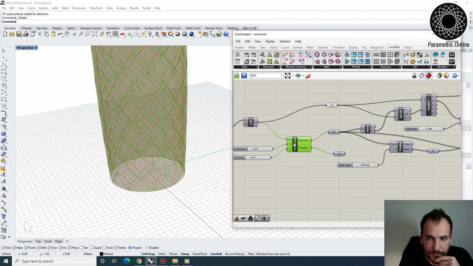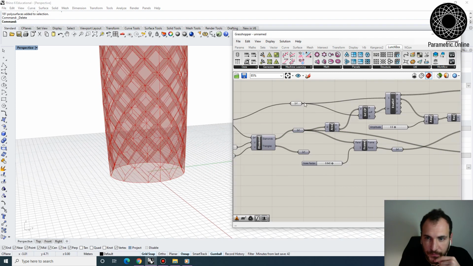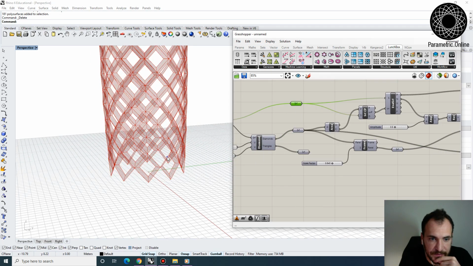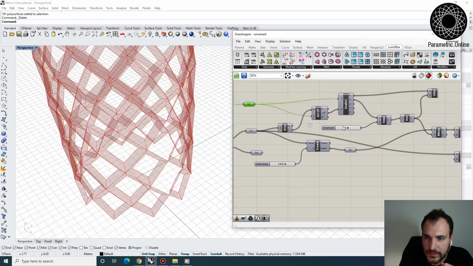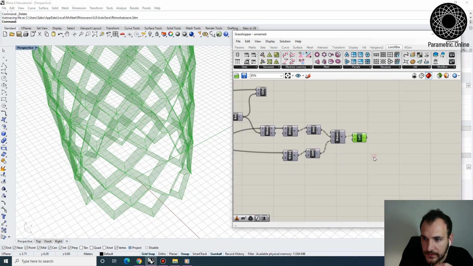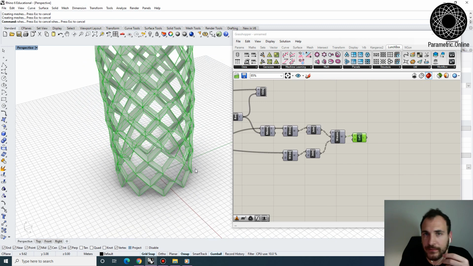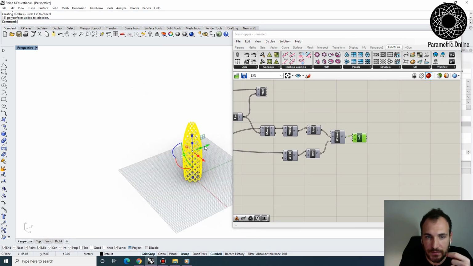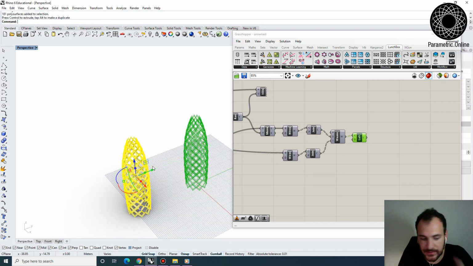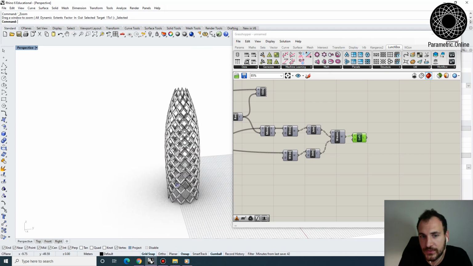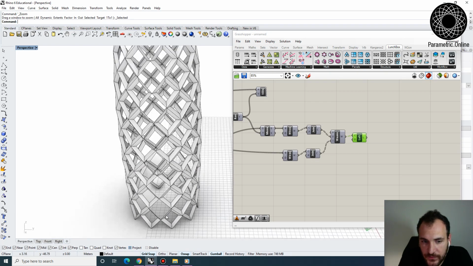Let's hide that too. Let's hide the diamonds. Let's hide the base surface, and voila. Those are the offsetted diamond panels that we extracted from the surface. And that was actually easier with the Lunchbox tools, because if you want to develop these quad panels on the